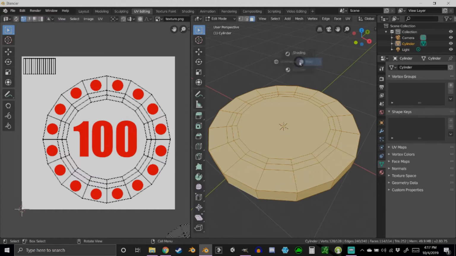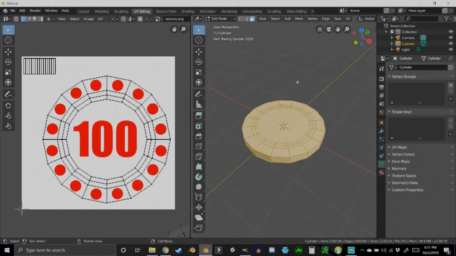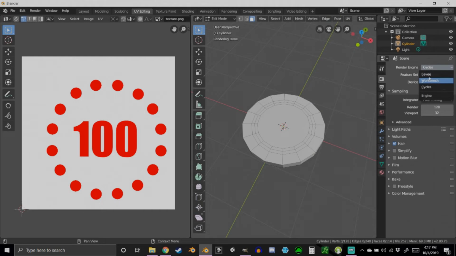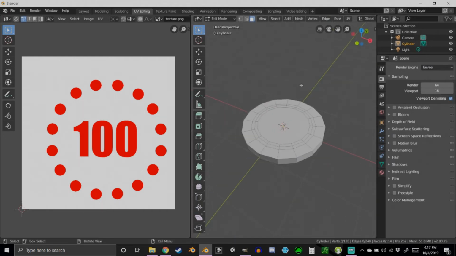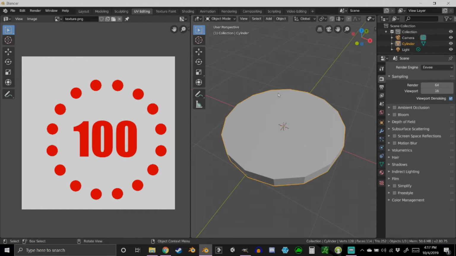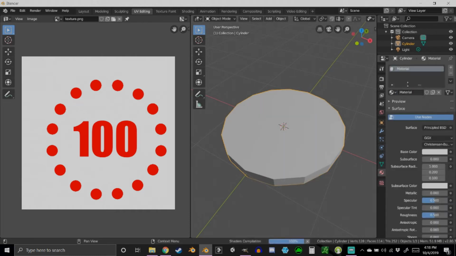Now, if you go into the rendered view by holding Z and then going up to rendered, you won't actually see anything. That's because we haven't made the material for it yet. And I'm actually going to change this back to Eevee just to make it a little easier to work with. But yeah, you'll see that in this object, we don't have the material set up, so it's not actually showing up. Just go to the material tab down here, new material,